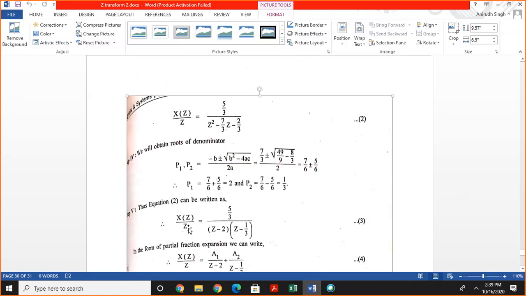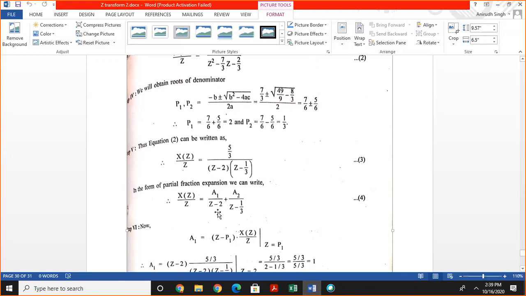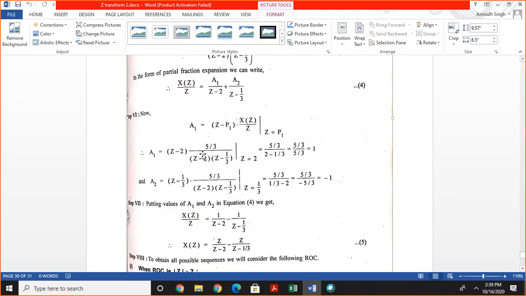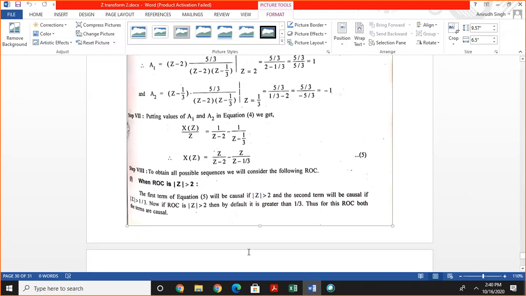So firstly, to convert this function into a proper function, we multiply the numerator and denominator by 1/3 to make a0 equal to 1. So in this case a0 is 1, the order of numerator is 1, the order of denominator is 2, so it is in proper form. Then we multiply by z squared over z squared, and we get the value of X(z), and this is the value of X(z) divided by z.